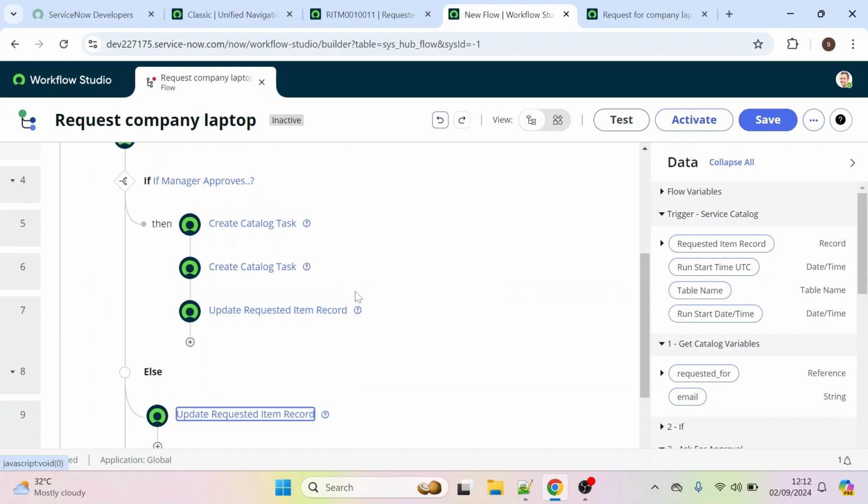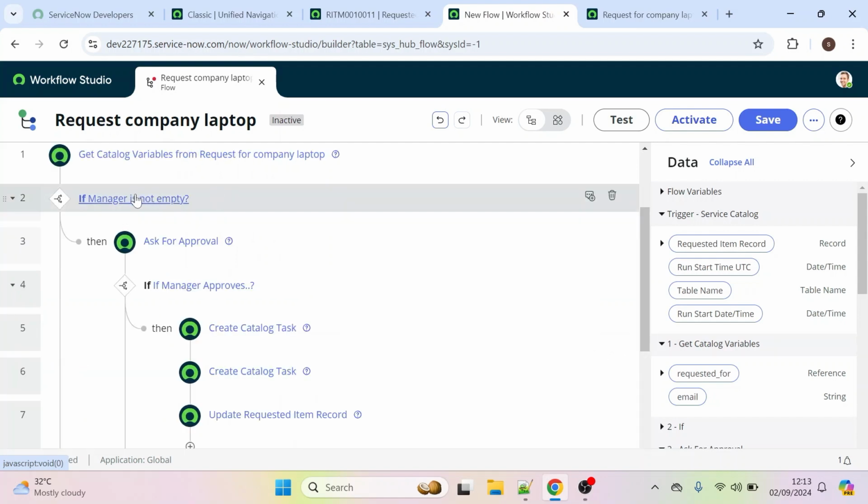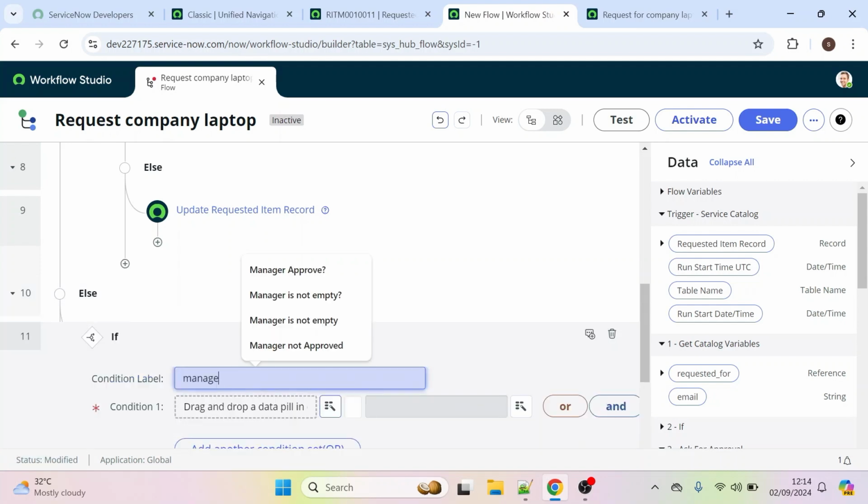If manager approves, then it will create two catalog tasks, and it will update the record state as closed complete and approval as approved. Else it will update the record state as closed incomplete and approval as rejected. What if manager is empty? Click on flow logic. If manager is empty,